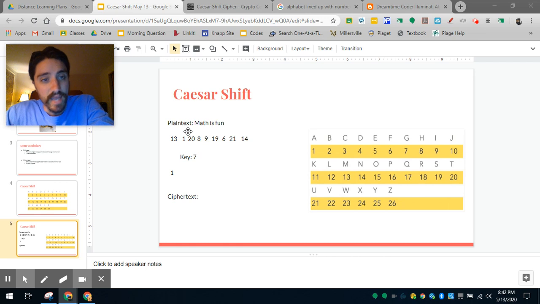So the plain text that we're going to use here is math is fun. When you're making a code, the first thing we're going to do for Caesar shift is turn this plain text into their numbers. So we're going to see what